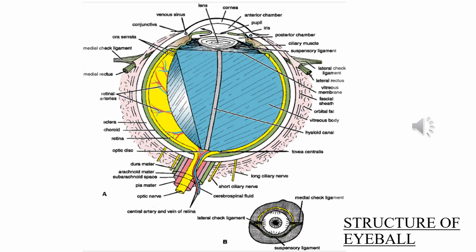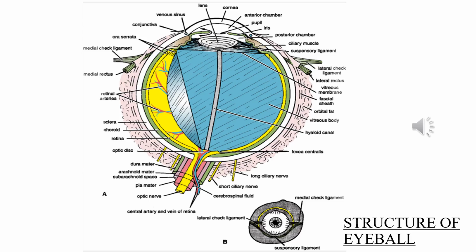Now I was talking about the nervous coat or retina, and in the last slide I told you that the anterior part of the retina, in which there is no nervous tissue, contains only pigment cells and cuboidal epithelium. It's not cuboidal epithelium, it's basically columnar epithelium. Now coming back to the important structures on the posterior part of the retina, first of all there is a structure called the macula lutea. The macula lutea is present at the posterior part of the retina, and there is a depression in this structure called the fovea centralis. So on this yellow colored layer, you can see posteriorly there is a depression called the fovea centralis, and it is present on the macula lutea.